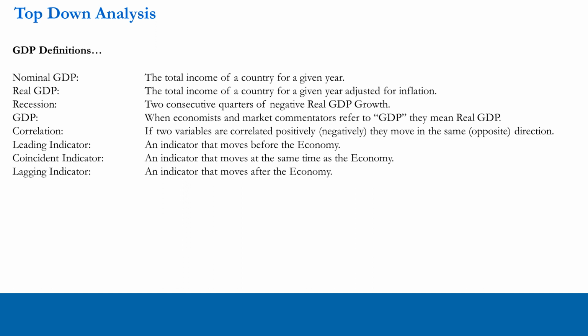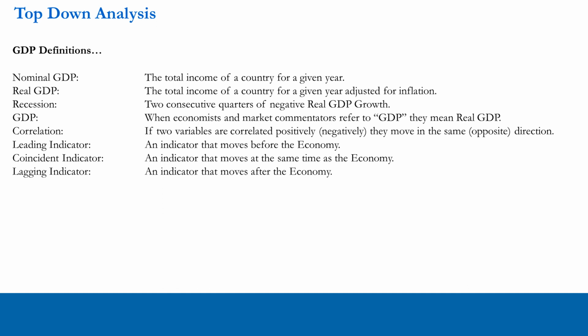So go through that. It's important to understand and have a basic understanding of statistics and correlation as we're building up our knowledge. But with correlation, it's pretty straightforward. If there's two variables and they're correlated positively, it means they move in the same direction. If they go in the opposite direction, it means they're correlated negatively.